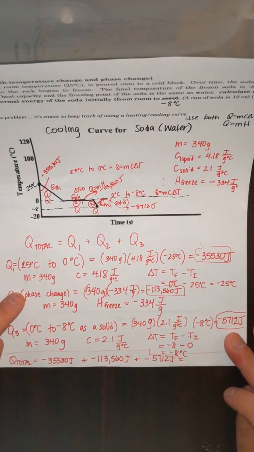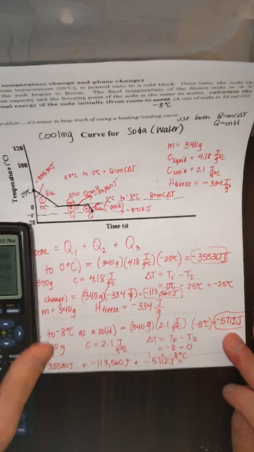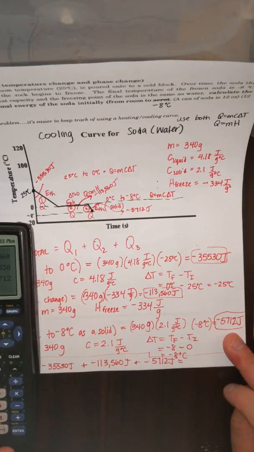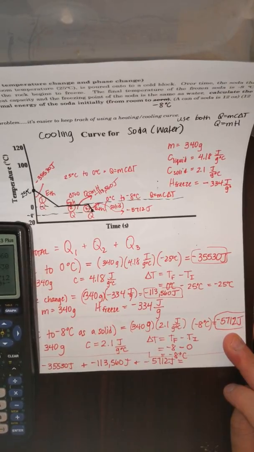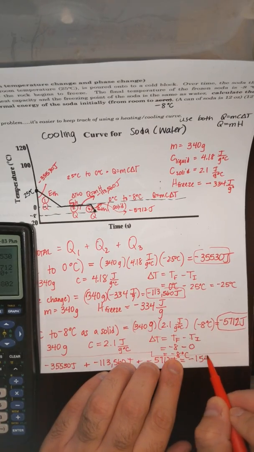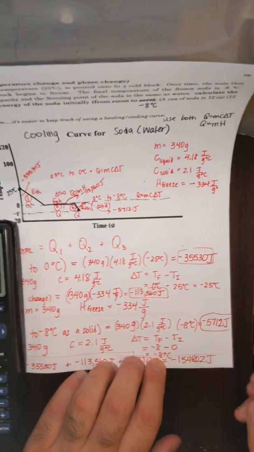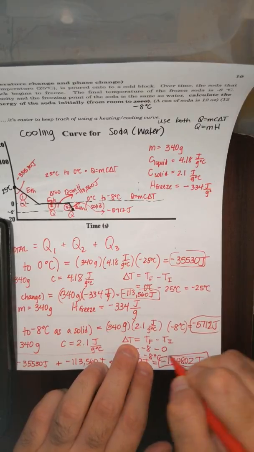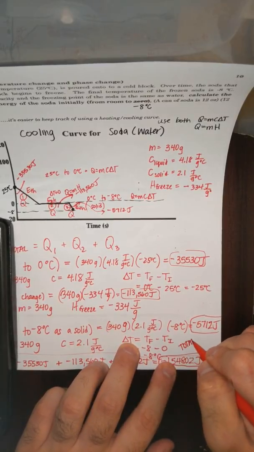I should get a large number here. I get negative 154,802 joules. This is the total energy